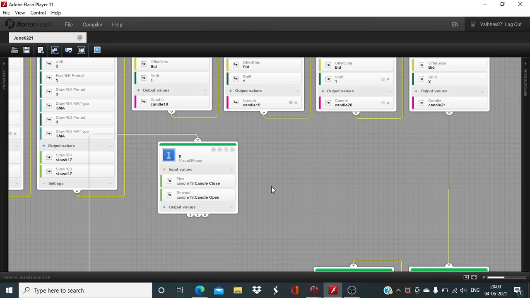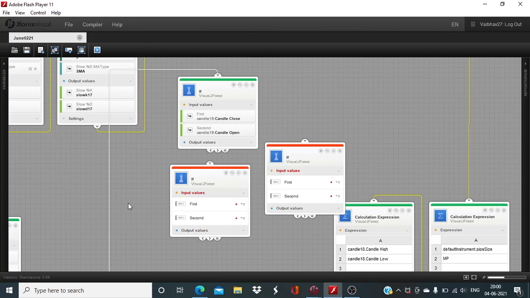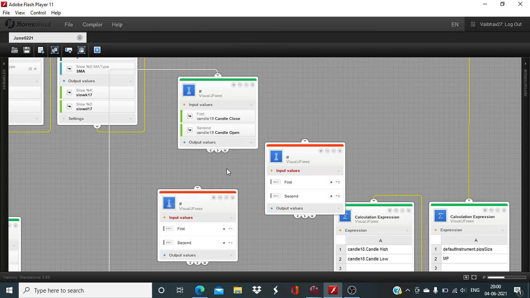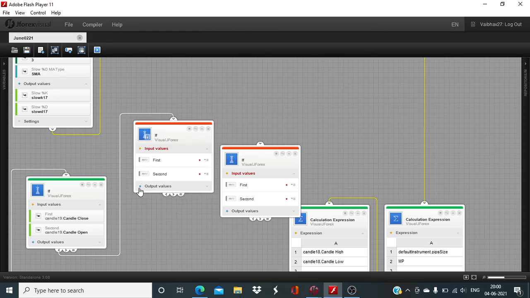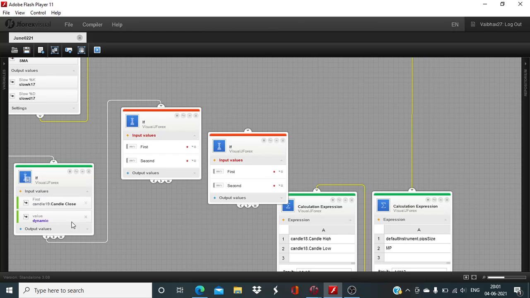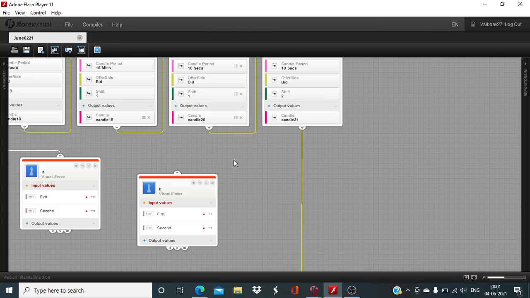First input less than second input. And after this,